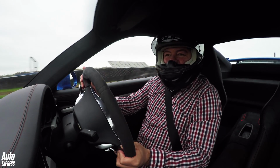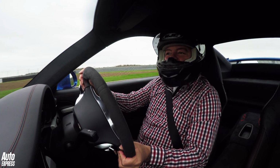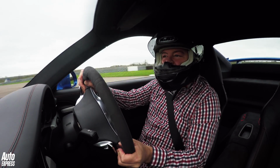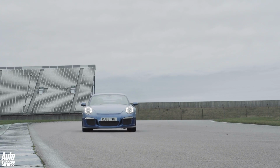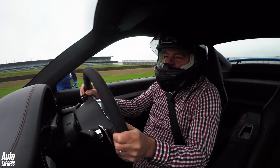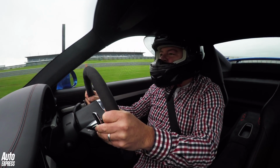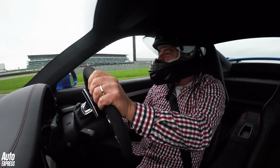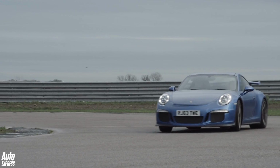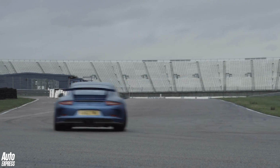So the GT3 is not as powerful as the Nissan, as we've said, 469 horsepower, but it is hugely lighter than the Nissan. It's kind of difficult to tell which is going to be quicker. The Porsche's got an extra gear ratio, which means it's got closer gear ratios. It's got a 7-speed dual clutch, whereas the Nissan's only got a 6. But anyway, I'm going to start my lap